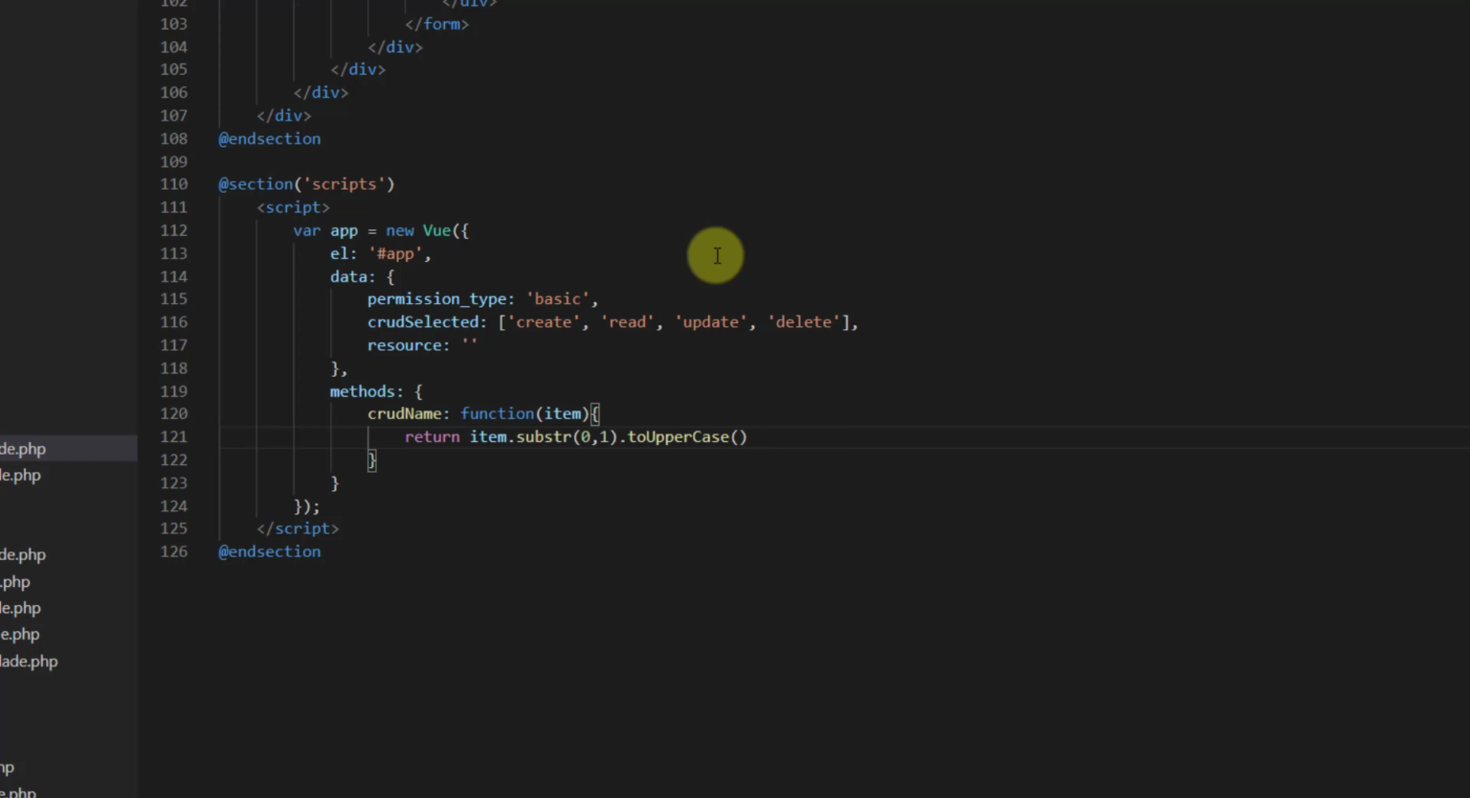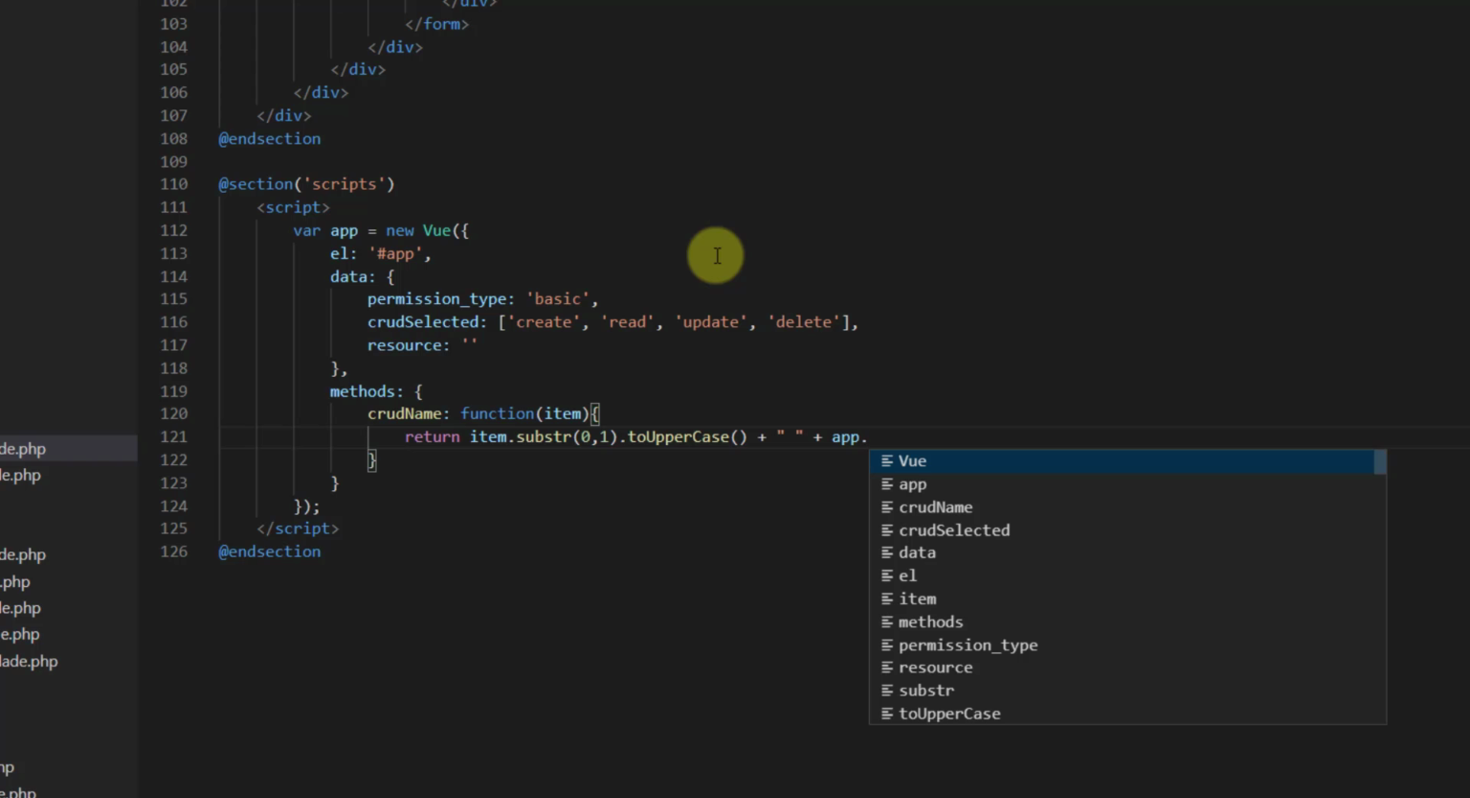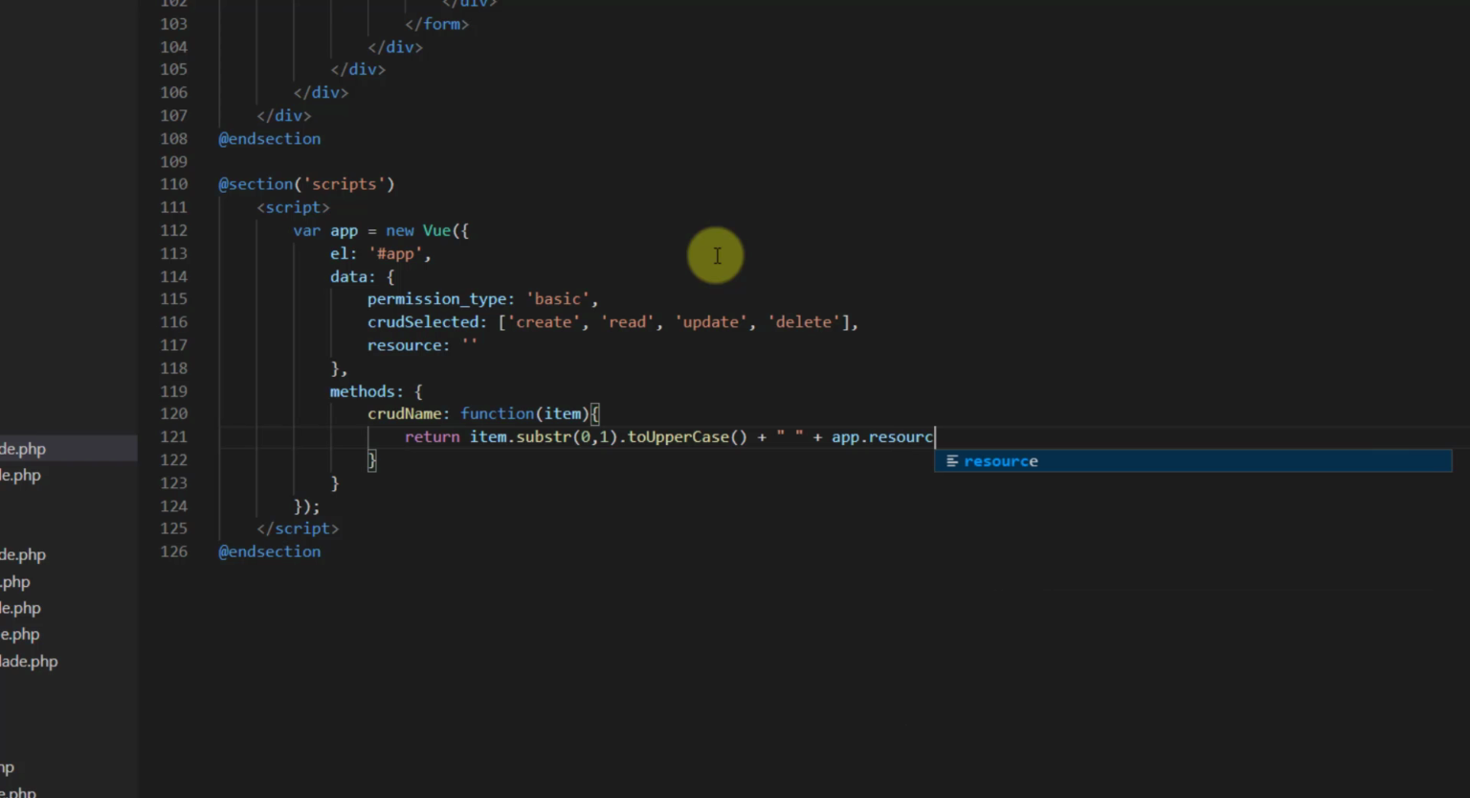So after that we want to concatenate it with a space, and after the space let's concatenate it again. Now we want to declare our app dot resource, because this is not an anonymous function, so we should use this app variable instead of this keyword,